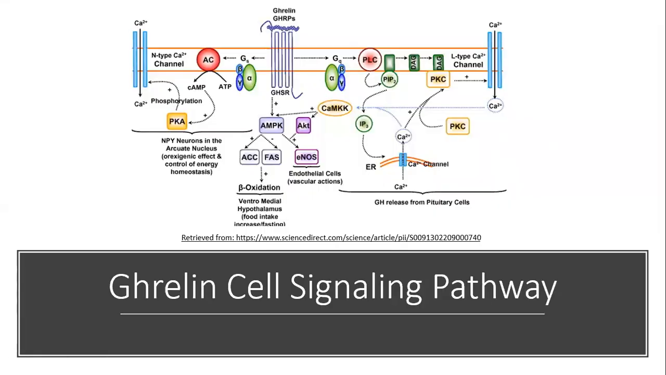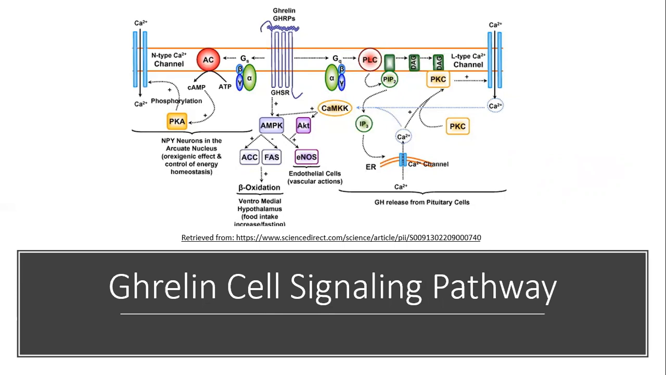This diagram shows the cell signaling pathways that are activated when the ghrelin receptor is activated. Ghrelin acts at GHS-R1A receptors in the hypothalamus and pituitary to activate two signal transduction pathways. On the left of the diagram, we see that ghrelin increases calcium through the adenylyl cyclase protein kinase A pathway in the NPY expressing cells of the arcuate nucleus. And on the right, we see this is done through the phospholipase C protein kinase C, PLC PKC pathway in